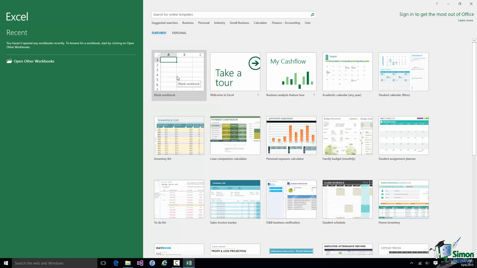However, a couple of things first. First of all, I suggest that if you haven't used Excel before, or you've only used a very old version of Excel, one of the first things you do is to take this tour of Excel. I'm not going to go through it now. I'm going to leave you to go through that yourself, but it is a very useful tour. The other thing that I'm going to do before we create our first workbook is I'm going to sign in